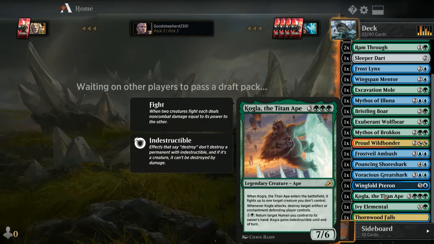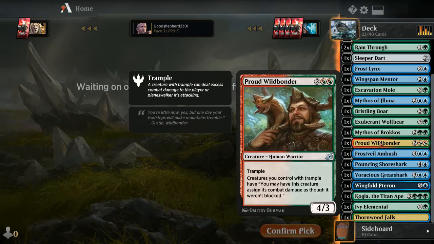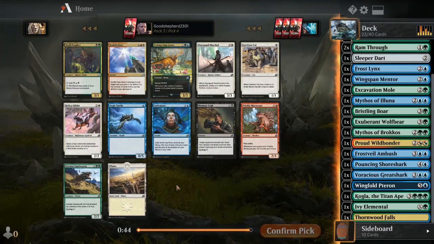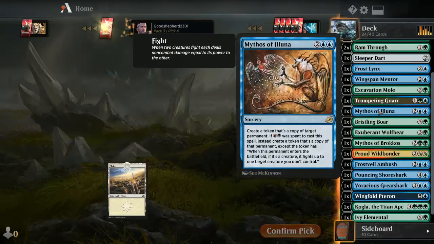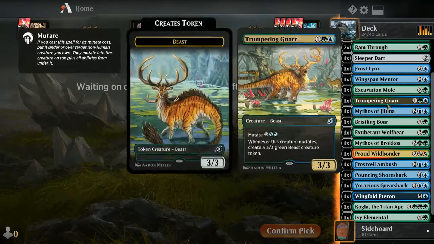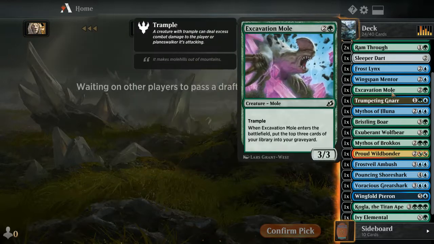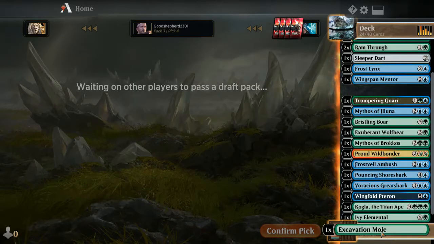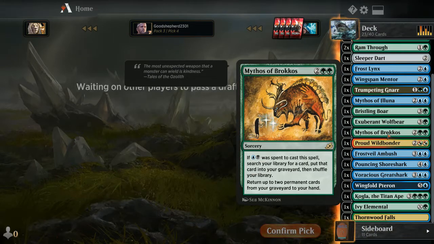We actually have some humans, like, yeah, getting Wingspan Mentor back is nuts. Got a Skull Prof. Okay, here's probably the best possible mutate card for our colors. We're definitely taking the Trumpeting Gnar. So take the Gnar, probably cut, because these are both 3/3s. This one just has trample. I'll cut the Excavation Mole. Sure, we have the Mythos of Brokos to get stuff back, but